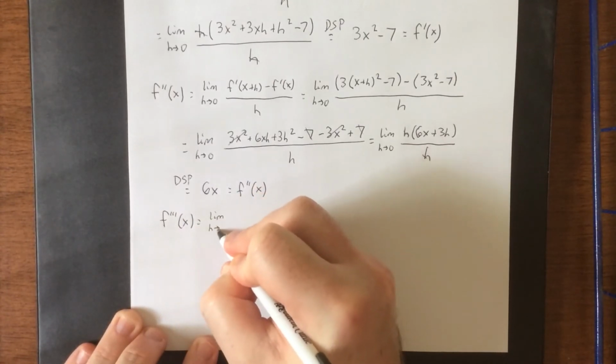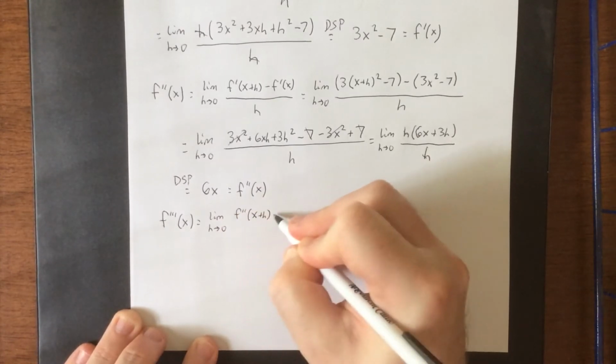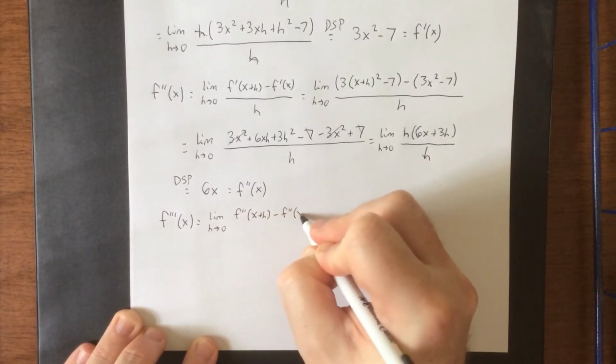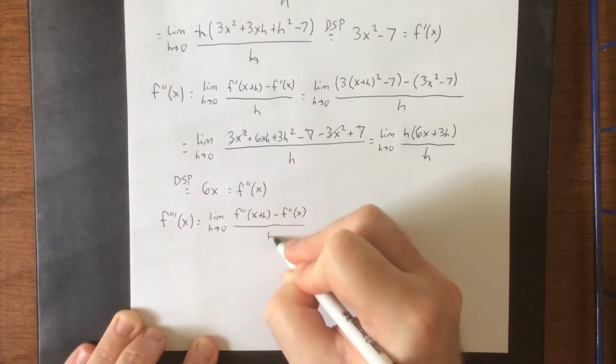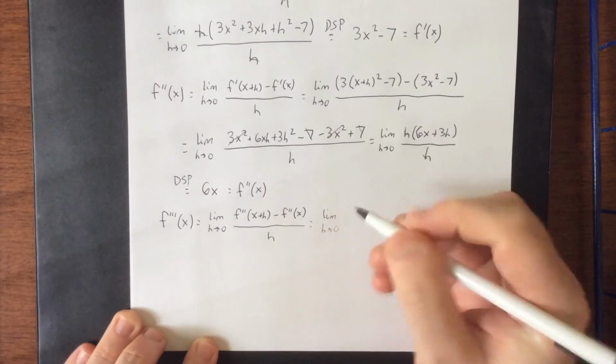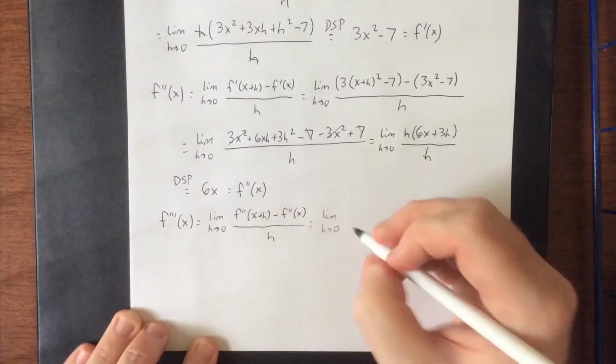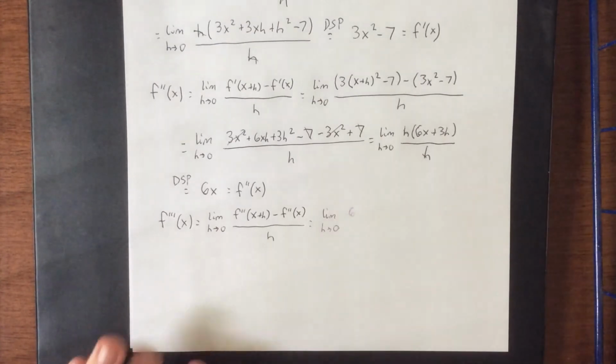That'll be the limit as h goes to 0 of f double prime of x plus h minus f double prime of x all over h. This will be the limit as h approaches 0 of, our function is 6x, so this will be 6 times,